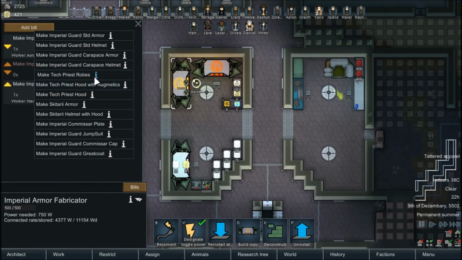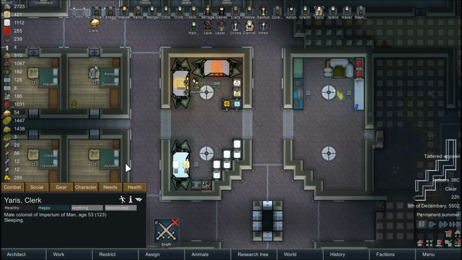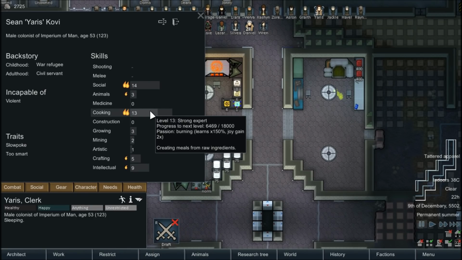But what I'd like to do is make more of this stuff for a few people. Yaris was going to be one. Probably a tech priest, because he's not capable of combat. He's sort of like, I guess he's like a Mechanicus chef. I don't know what that would even...